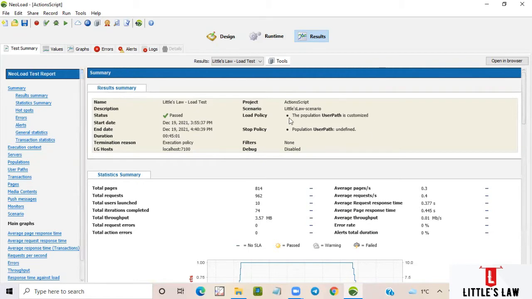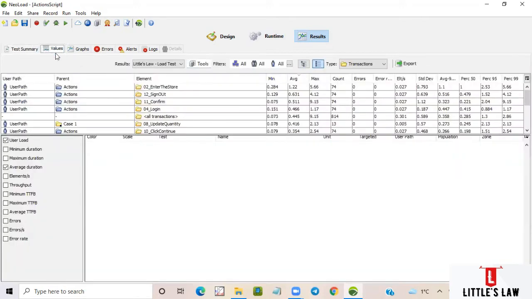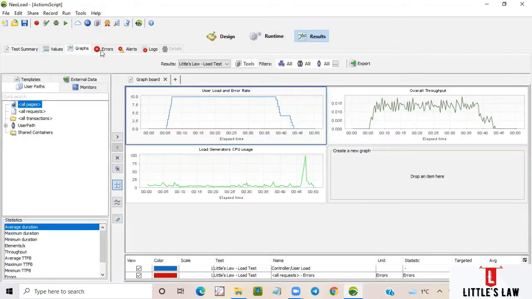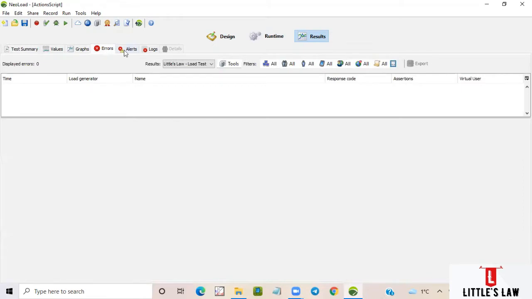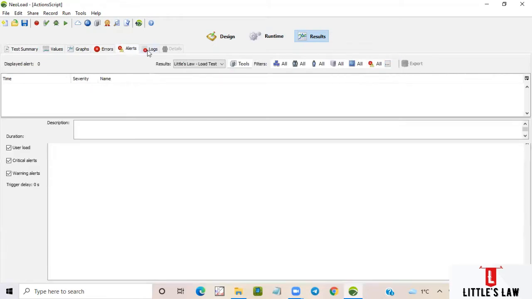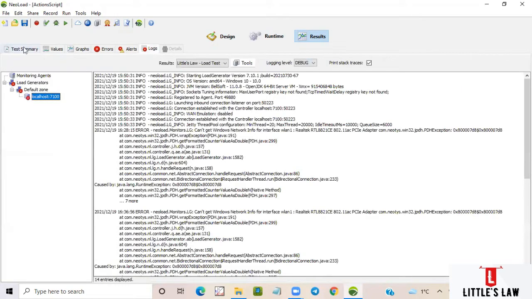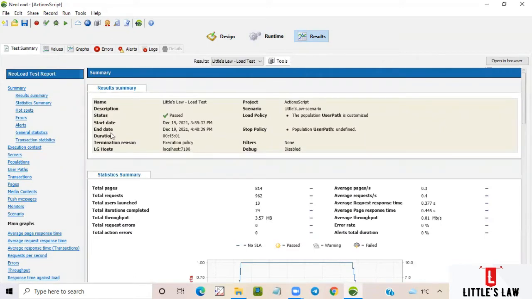So once the test is over, we will have to move to the results tab, and under the results tab, we have test summary, we have values tab, we have graphs, we have errors tab, we have alerts tab, and we have logs tab. So first let's start with the test summary. This is the dashboard of the summary page, and under summary we can see the name of the test that we have executed